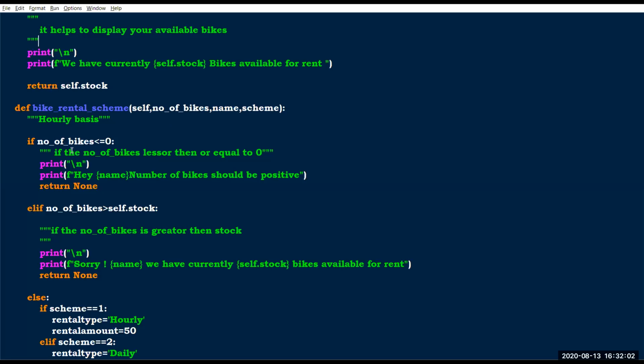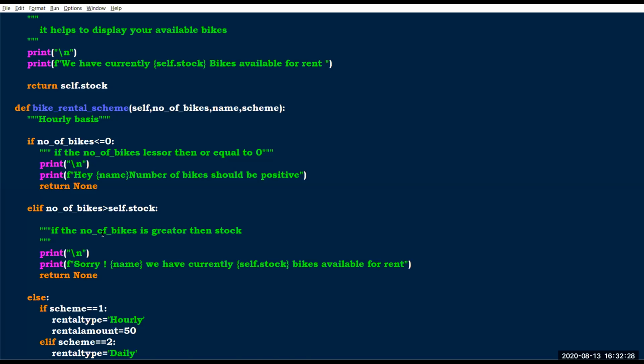The second condition is to check that the entered count is less than or equal to the stock. If my current stock is 10 and the person enters 15, I won't give the extra 5 bikes.